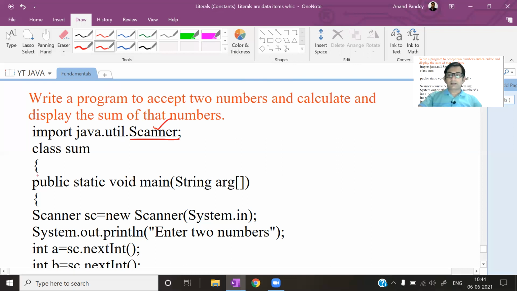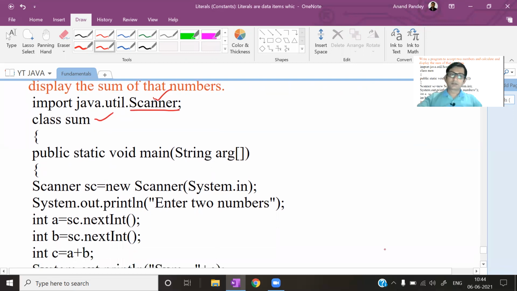Coming to this line, as you know or must know, whenever we write a program in Java, everything we write within a class. A class is required. We cannot write a program in Java without a class. So to define a class, we use the class keyword and the name of the class, whatever you want as per the requirement of the program, and please follow the identifier naming rules.